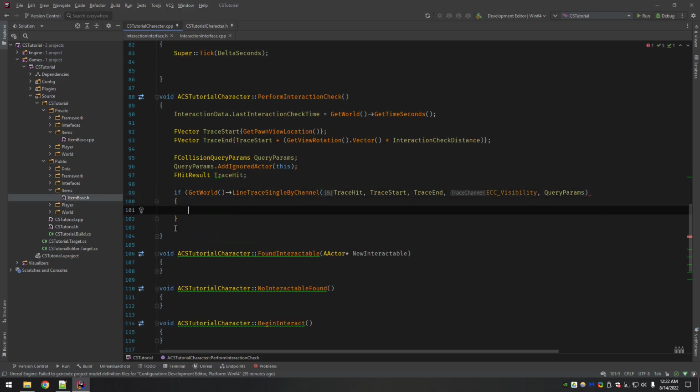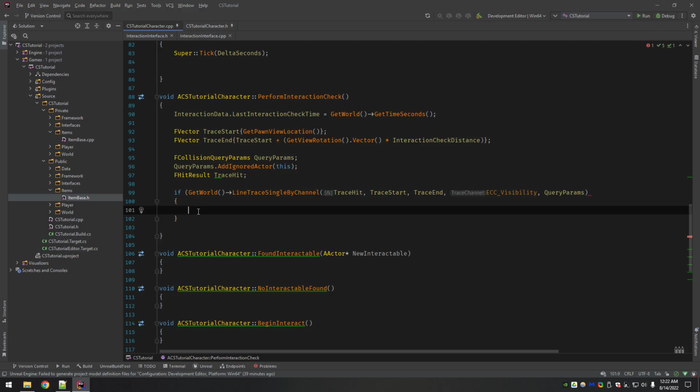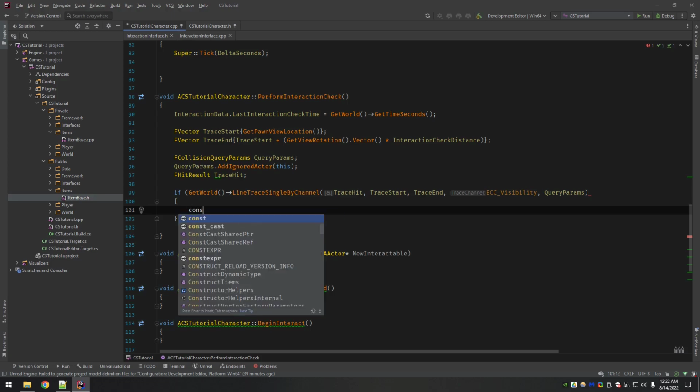Now notice we put an if here. The reason is because, if you look, it returns true if a blocking hit is found. So usually that's the best way to implement your line trace, because it gets the return and checks it all in one call, right? So now if we have a trace hit, we're going to find the distance.